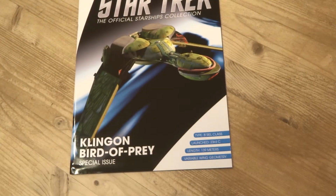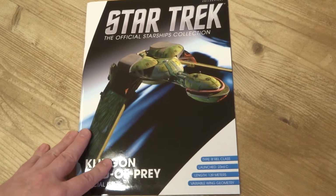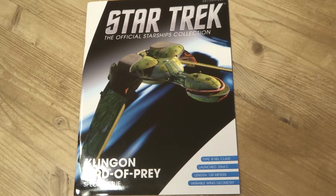Now, if you're familiar with the bird of prey as a starship at all, you might be aware that there are two birds of prey that we see in the series very frequently, and the first ship that we saw of this class was in Star Trek 3, The Search for Spock, and that was a relatively small sort of scout ship class, and that was this one, the Burrell class. It's 139 meters lengthwise apparently,